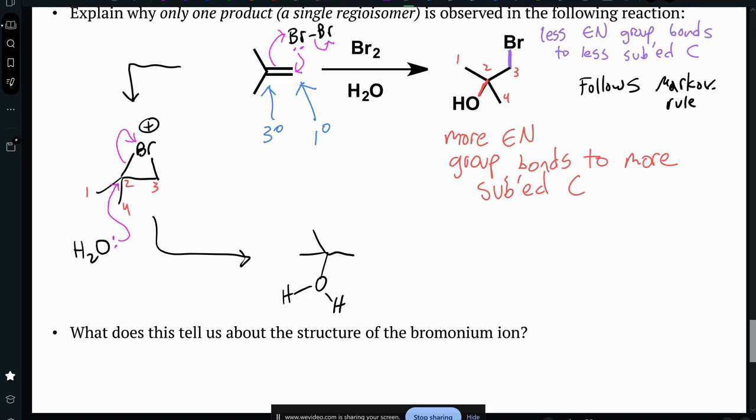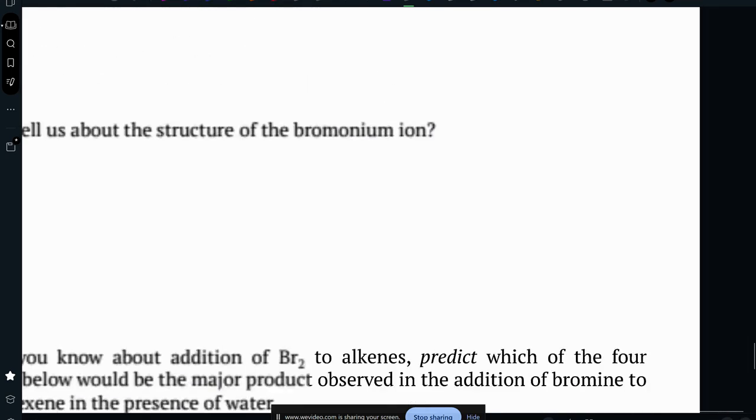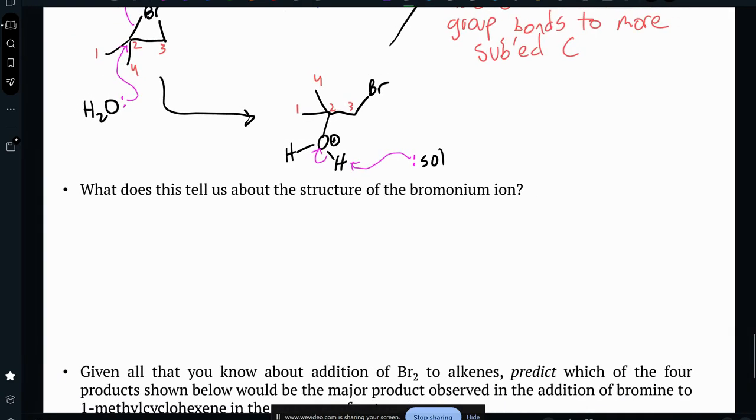That will give us an intermediate with a very acidic proton. In order to deprotonate, I'm going to call Sol. Another molecule of solvent will come and deprotonate that and produce my product. But the fact that the water is choosing only to attack carbon 2 and not carbon 3 tells us something about a bromonium ion. And while this is not exactly resonance in the way we usually think of it, we usually think of resonance as involving pi electrons, and there are no pi bonds here. We can imagine that the bromonium ion